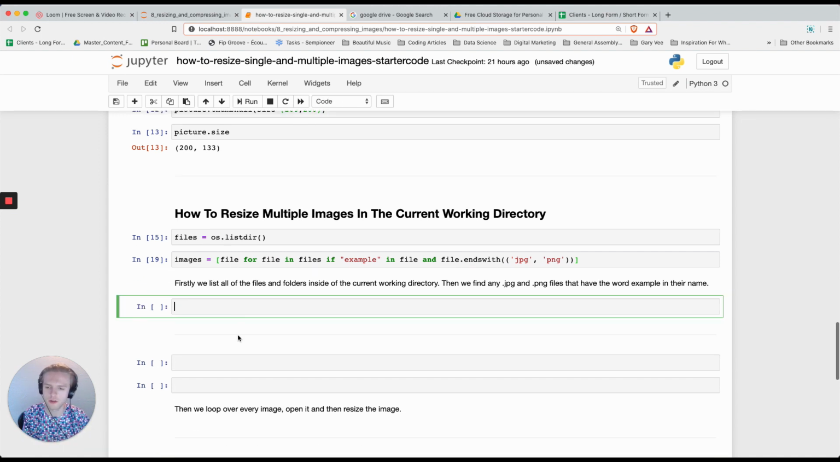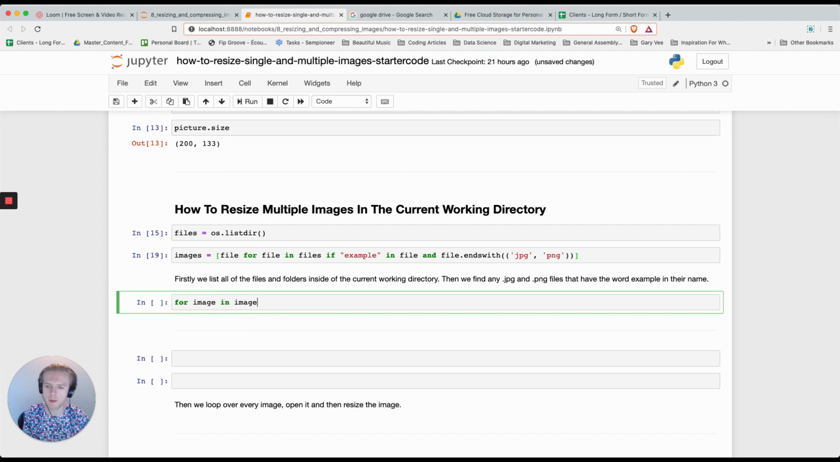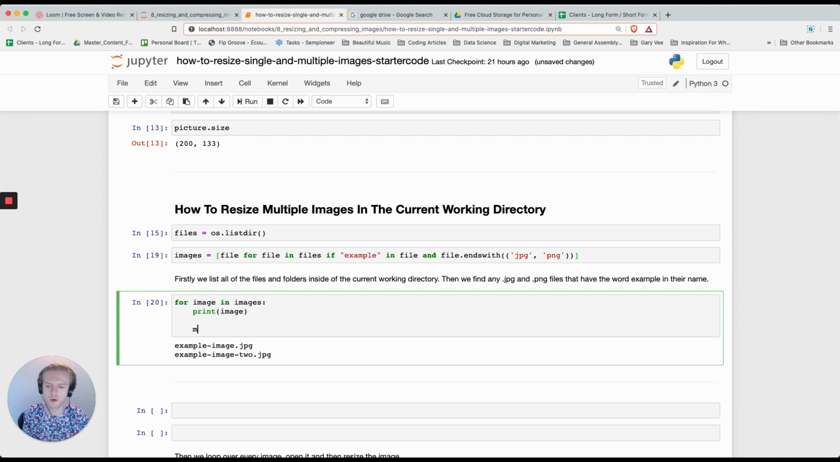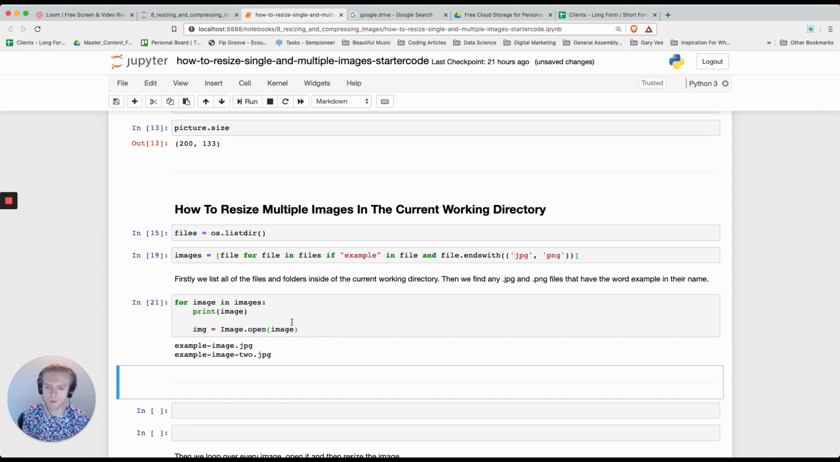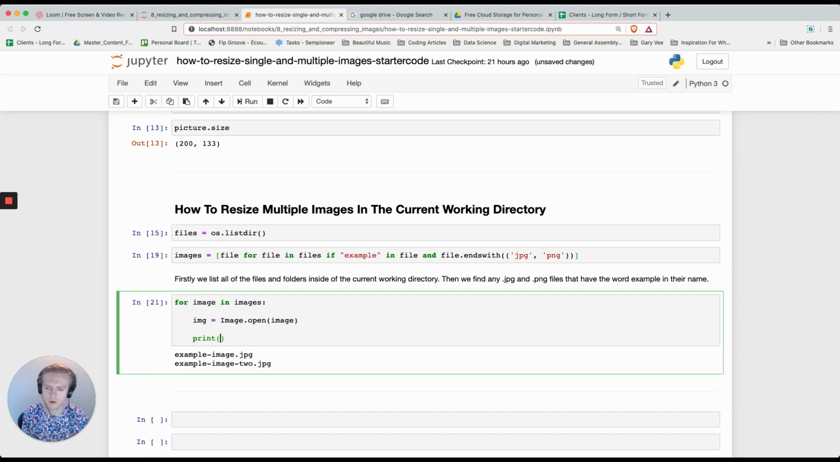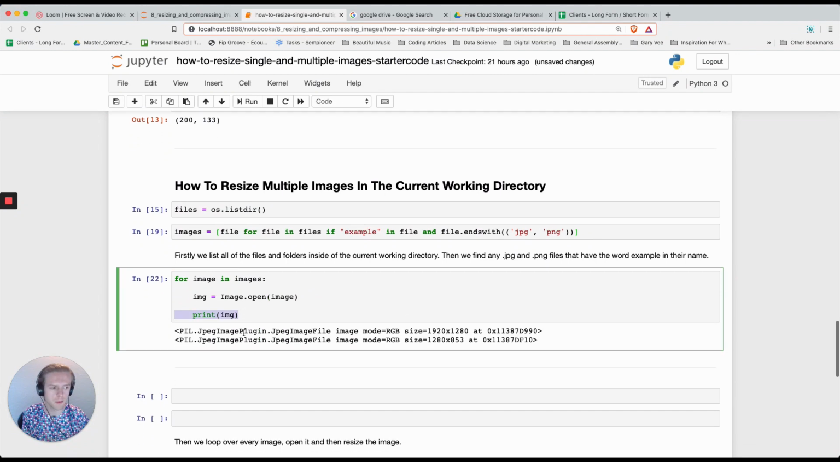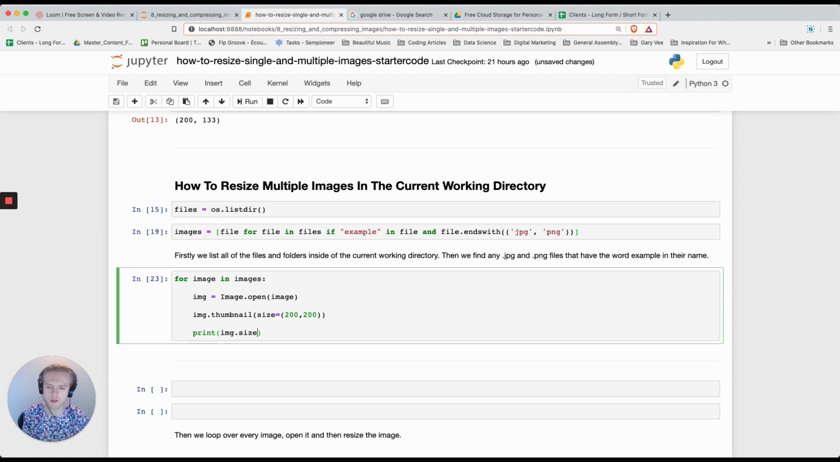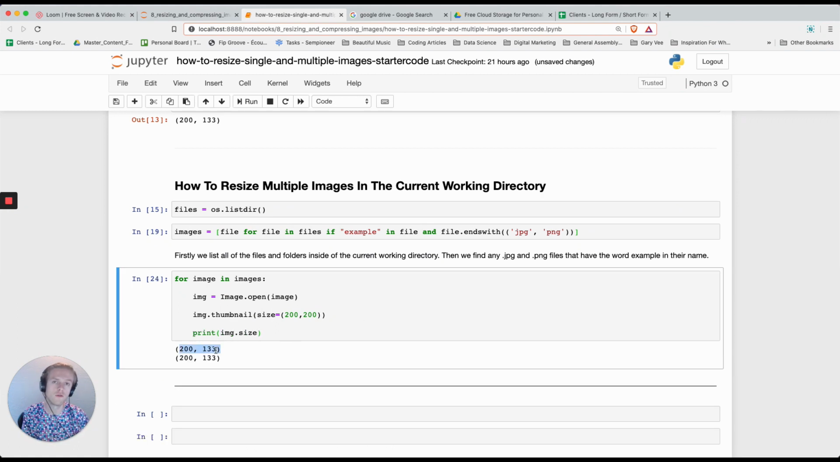Now, what we can do is we can do for image in images, let's print the image. Now we're going to open every image like we did before. So we do img image.open, and then we do image. And that allows us now to open every image. After we've opened every image, we're then going to use the thumbnail command. So image.thumbnail, and then we're going to do size is equal to 200 by 200. If we now print the size of these images, image.size,